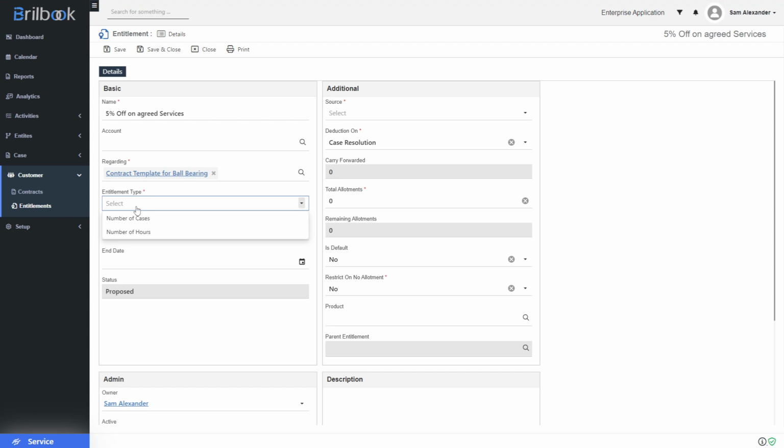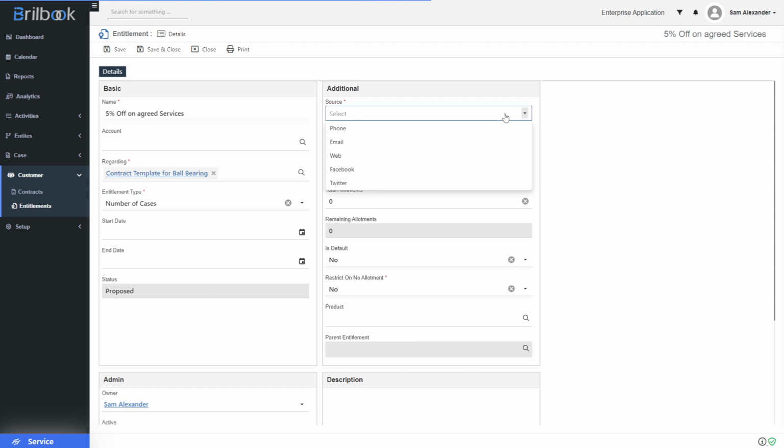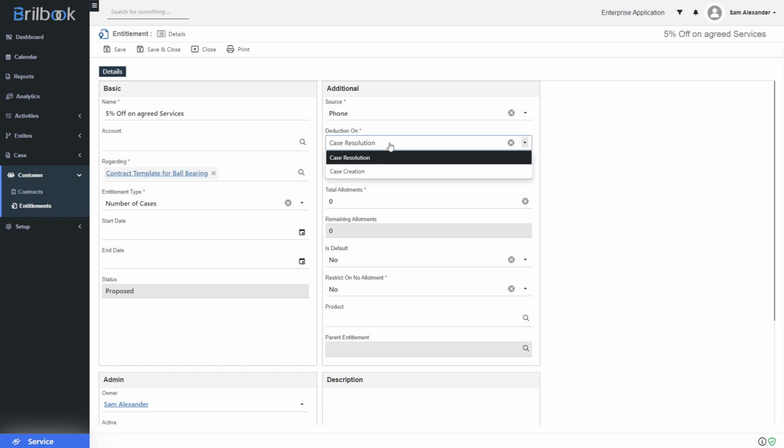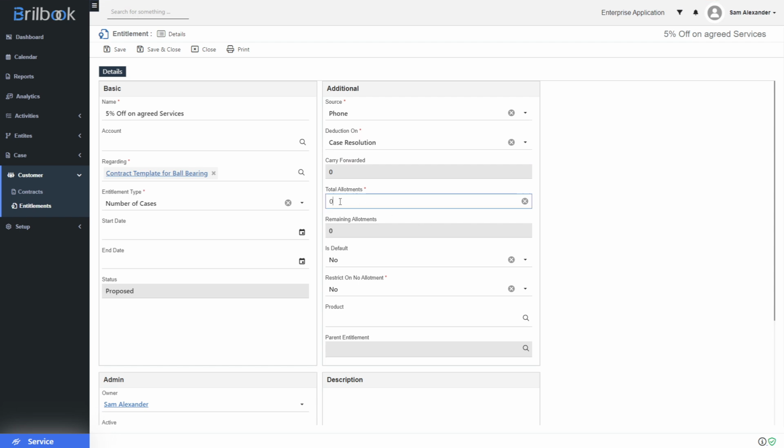Then select the entitlement type. Here I'm going to select the entitlement type as number of cases. Then select the source from this list. Here I'm going to select the phone as a source. Then you can select the deduction on from case resolution or case creation. Then add the total allotment. Here I'm going to add the 10 allotment for this entitlement